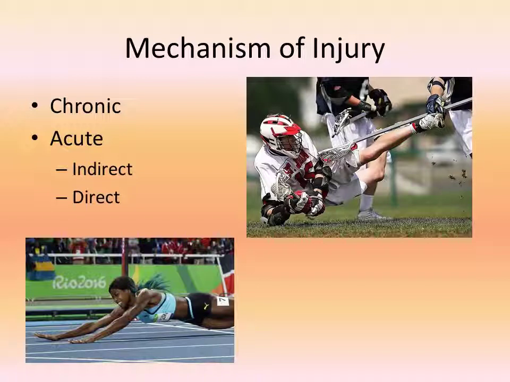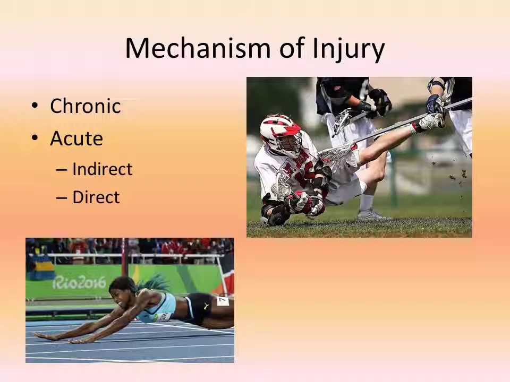An acute injury can be both indirect or direct. The indirect mechanism will be due to a longitudinal axial loading, falling on an outstretched hand, for example, or FOOSH for short. The direct mechanism is falling or landing on the superior or the lateral shoulder, oftentimes referred to as